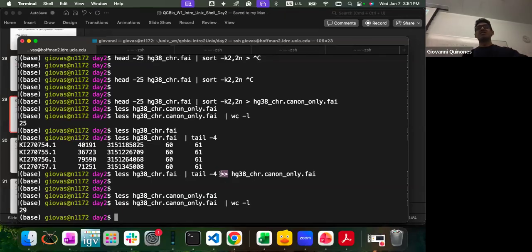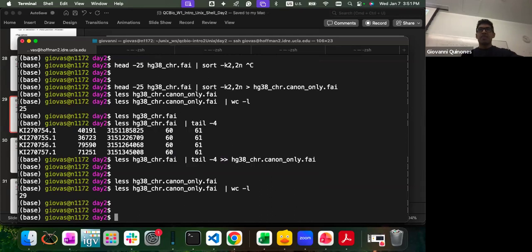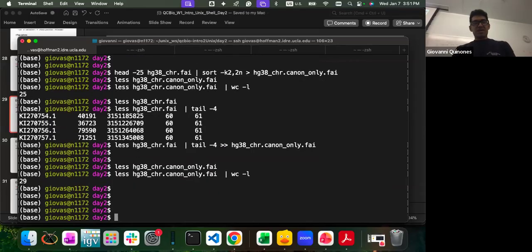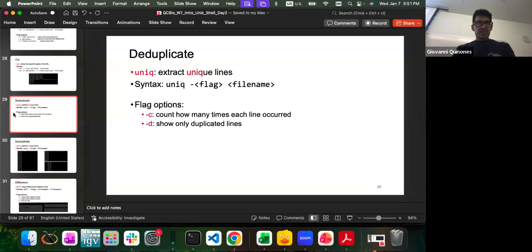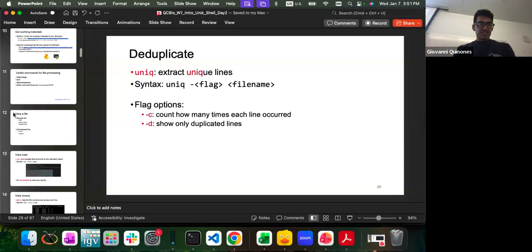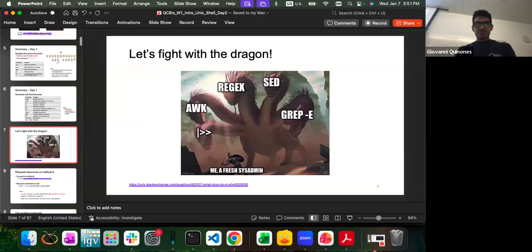I think that's better worded. Okay, so far we already have quite a few tools to do some file manipulation. Now, if we go back to our slides, we have